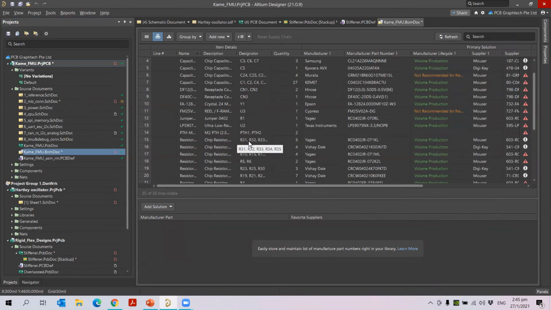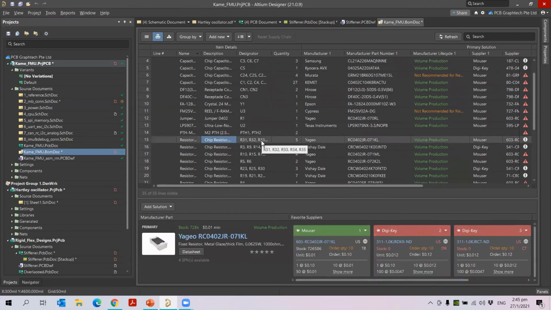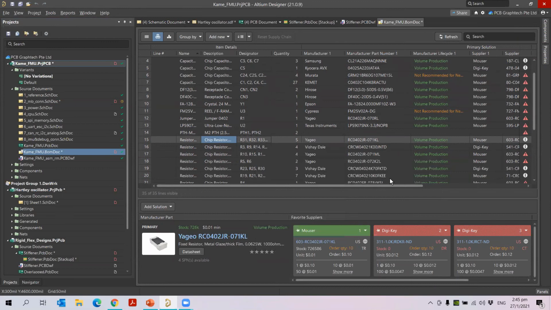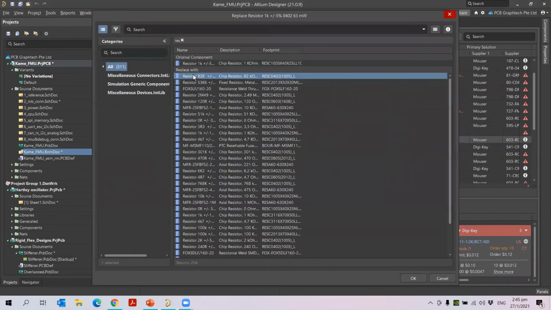Once I selected, you will see the five components R31, R32, R33 and so on have come here. It automatically selects the manufacturer and all the details. If sometimes it does not have the manufacturer details, at that time you have to change it by right clicking on the component, going to Operations and Change Resistor. Then it will go to your server to get whatever other component you want.